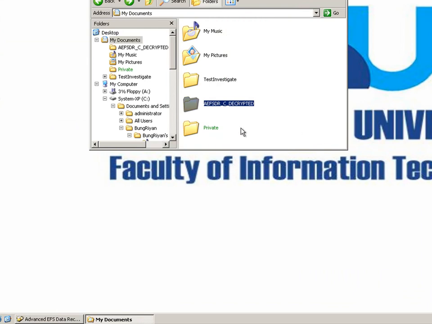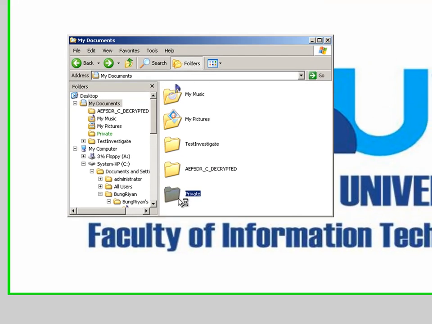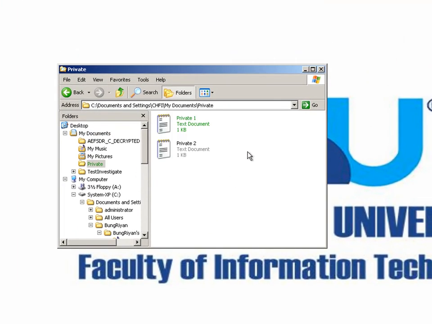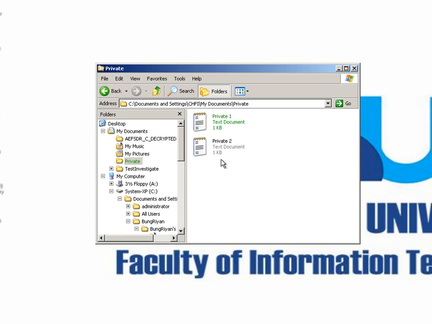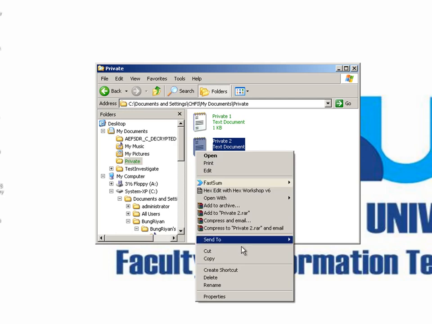I already created a private folder, and inside the private folder there are two files, private 1 and private 2. Private 1 looks green because it's already encrypted using EFS, and I will encrypt private 2 using EFS.